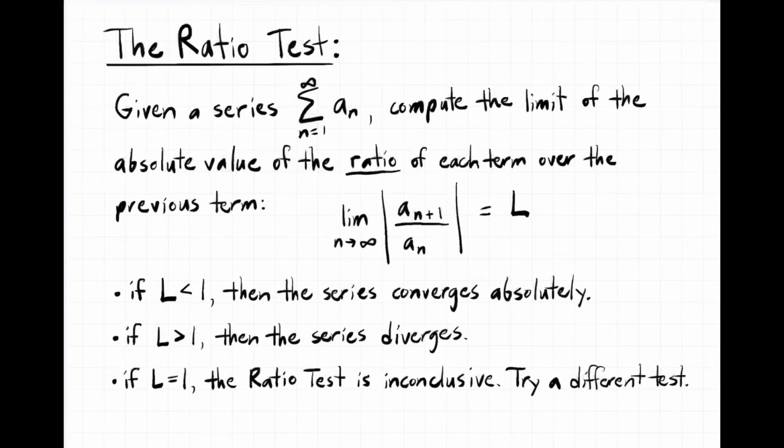The ratio test is the last of the major tests that we can use to determine whether a series converges or diverges. This test is particularly useful because you can use it on series that have both positive and negative terms, or on series that are all positive or all negative terms. Unlike many of the tests we have that require that the series have entirely positive terms,